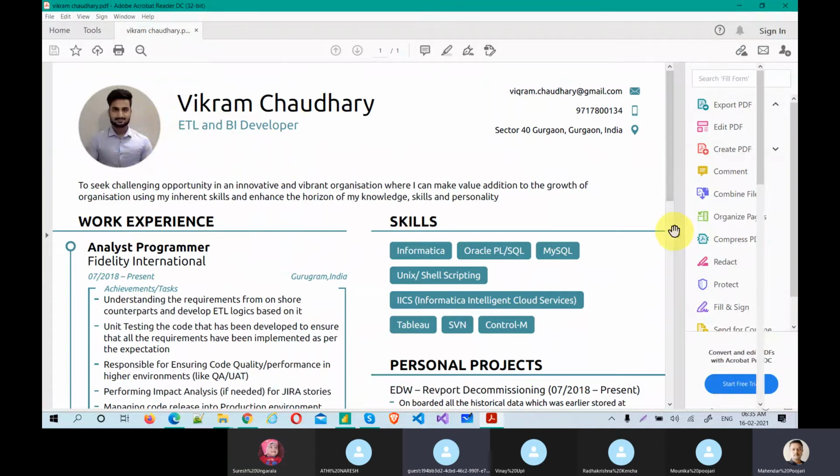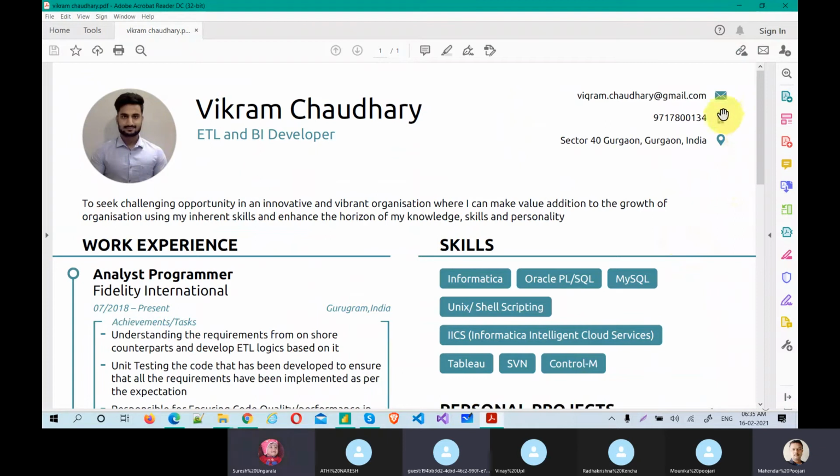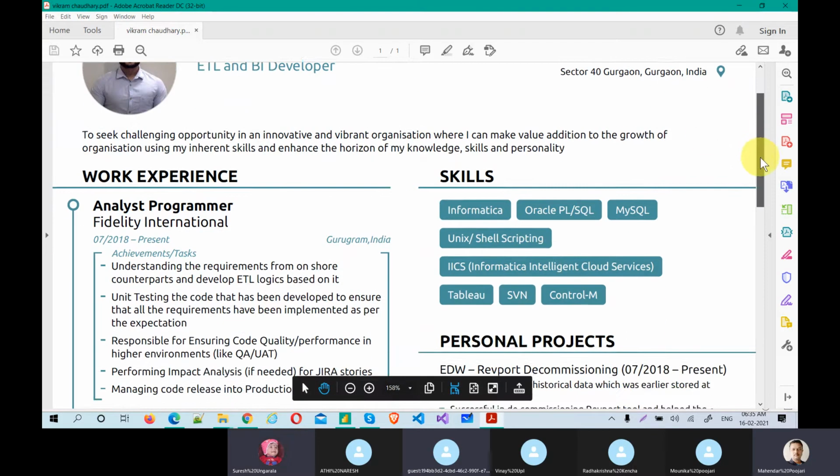See, this looks like the latest. You see the mobile symbol, and this one, the image of the mail. Okay, and the location, see, the location symbol, the tagging symbol. This is really good actually. Okay, ETL developer, and the colors also look good. So this is called word tagging. Okay, the key is actually word art.